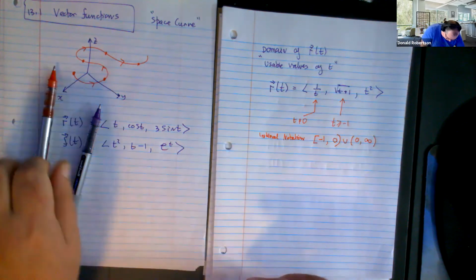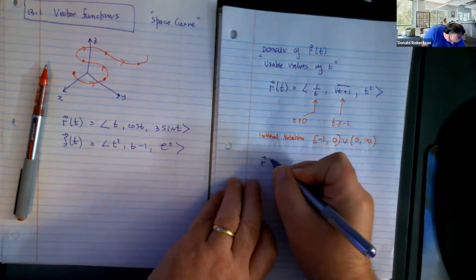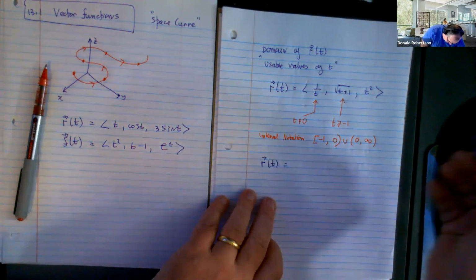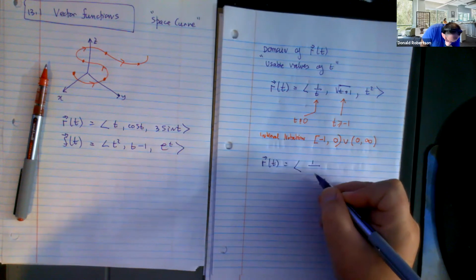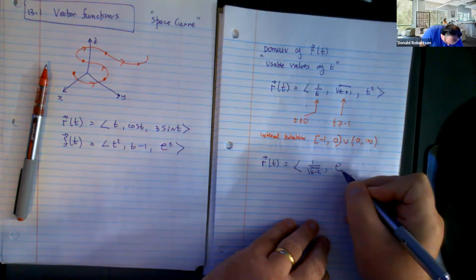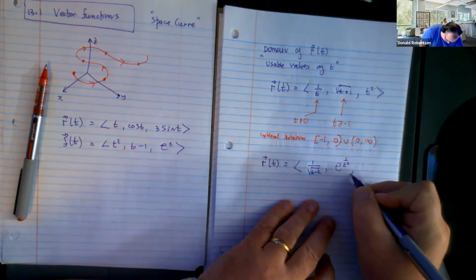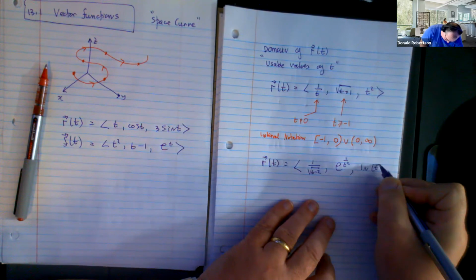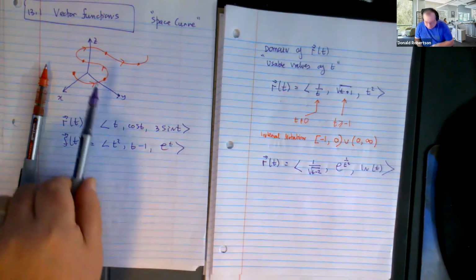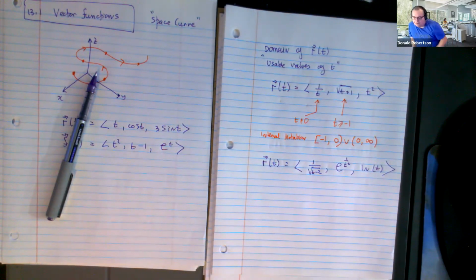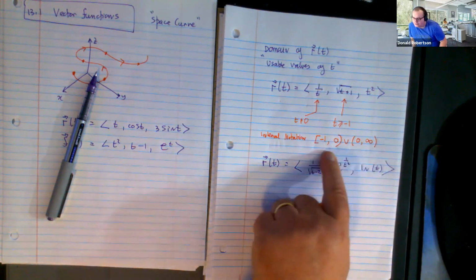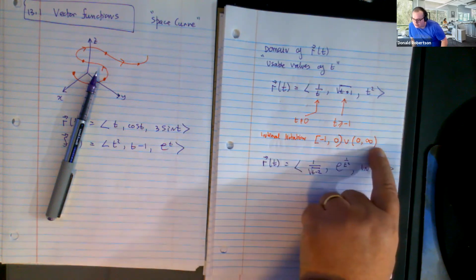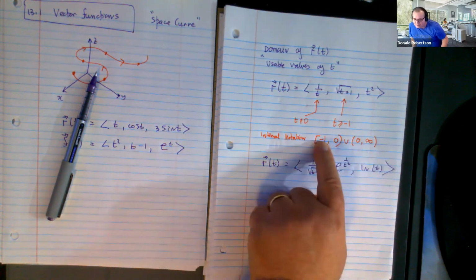Suppose I gave you another space curve, and I'm saying find its domain. But this time it's going to be that. So what you do here is you find out what the issues are, and then you combine them into a single interval notation. So this would be the domain of that function. Right, in this case,